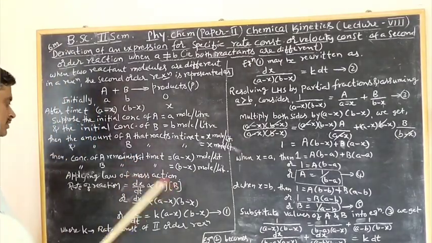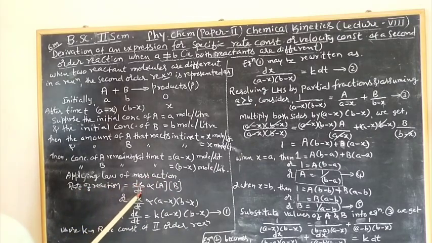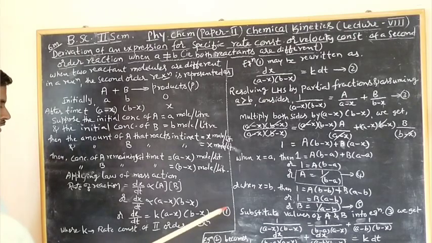Applying the law of mass action, the rate of reaction dx/dt is proportional to the concentration of A times the concentration of B. At time t, the concentration of A is a minus x and of B is b minus x. So dx/dt is proportional to (a minus x) into (b minus x). Removing the proportional sign and putting an equal sign, we have a new constant k. So dx/dt is equal to k into (a minus x) into (b minus x). I will take this as equation number 1, where this small k is called the rate constant of the second order